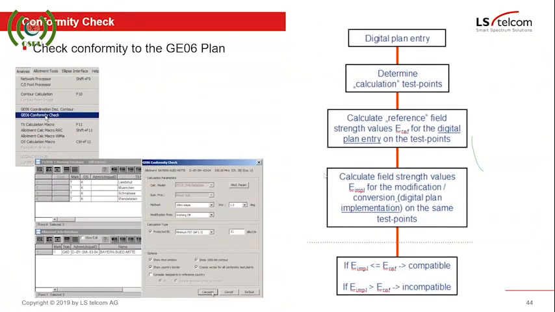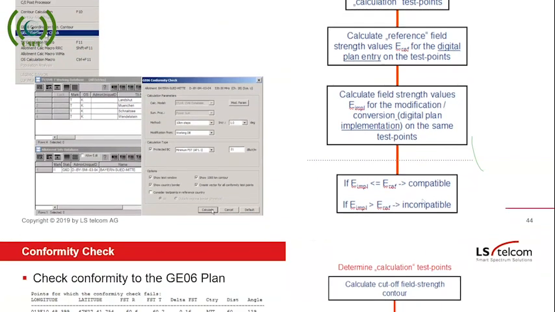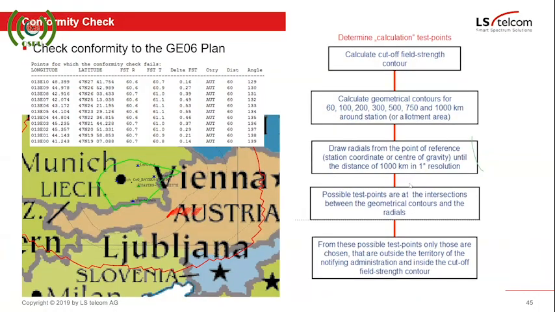Okay, so here again, conformity check, that's got to do mostly with bilateral agreements that will be entered in the frequency plan, say the GE06 plan, and then there's a specific procedure that needs to be followed, and this will tell you how, if it can be implemented and if it can't be implemented, and then also looking at what you need to do to